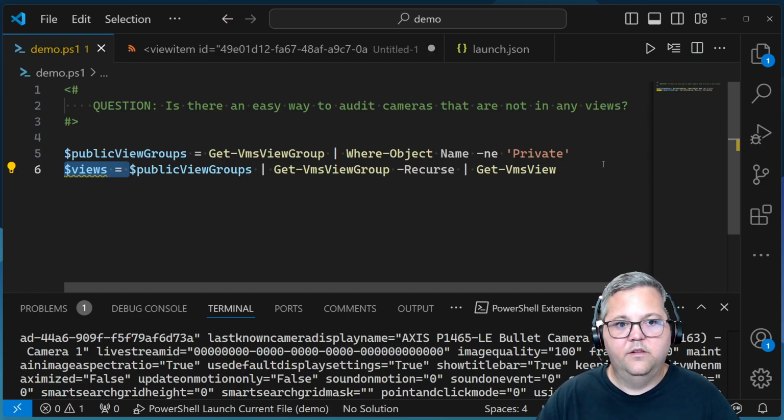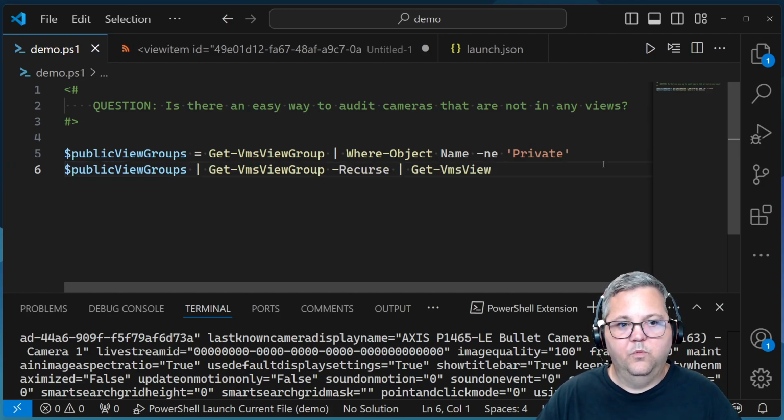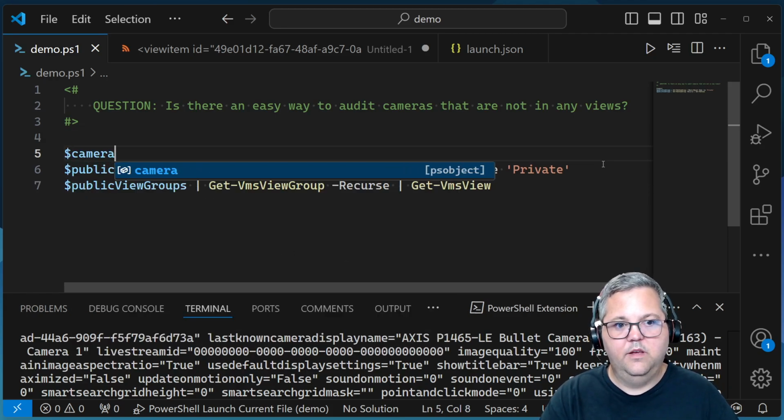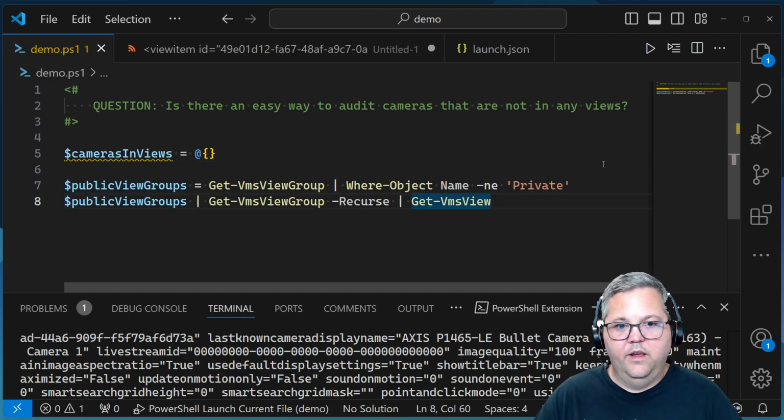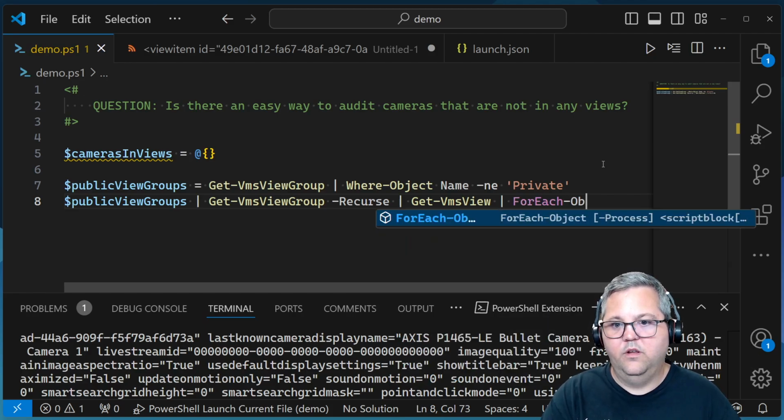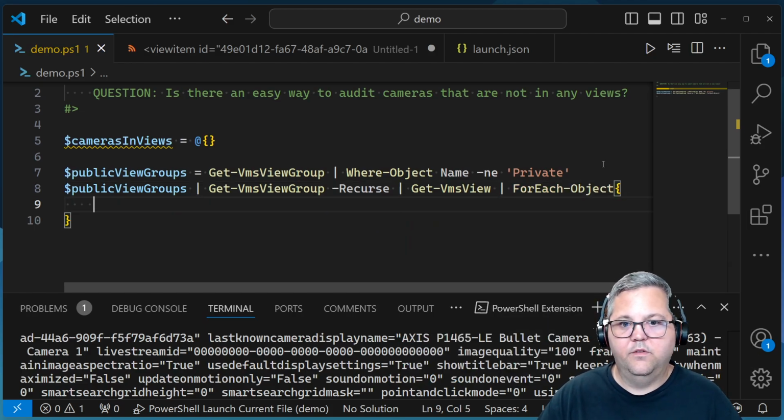Let's see, we want to know all of the cameras that are in views. So let's create a hash table, cameras in views. And then we'll go through all of the views for each object. Okay, so for each of these views, we are going to grab